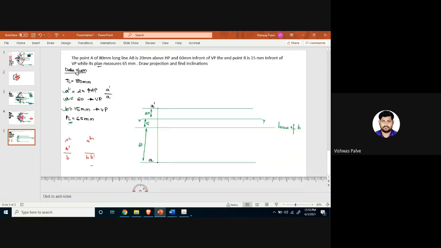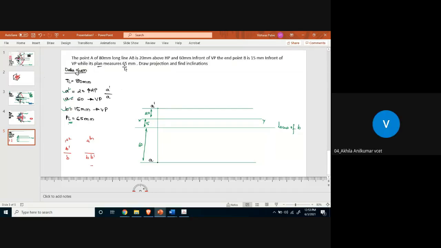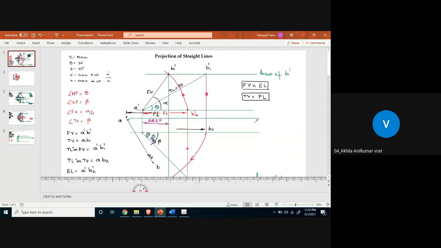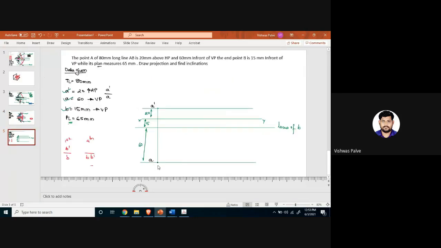Plan length कहाँ पे draw होता है, कभी भी याद रखो. Plan length किधर draw होता है? देखो, इसके पहले वाले प्रॉब्लम पे जाते हैं. प्लान लेंथ कभी भी किस पे होता है? ए के जो लाइन पे उसके ऊपर प्लान लेंथ ड्रॉ होता है. तो अपना ए का लाइन यहाँ पे अभी, राइट?